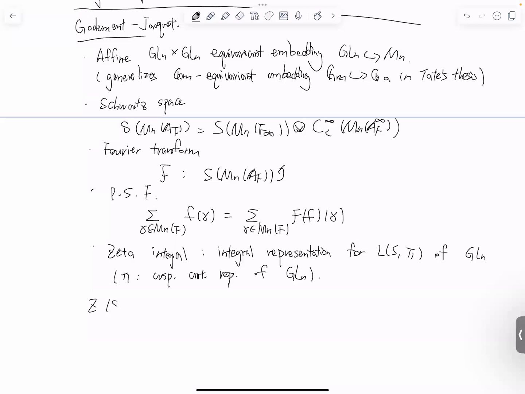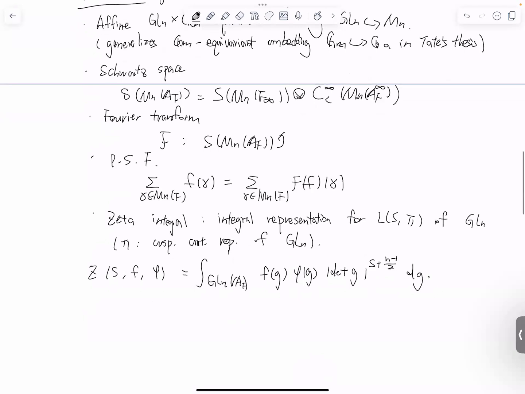Their zeta integral is denoted by Z(s, f, phi). This is an integral over the adelic points of GL_N of f(g) phi(g) times the absolute value of the determinant of g to the s plus (n minus 1)/2, dg, with a normalizing factor, where f is in the Schwartz space I talked about above,